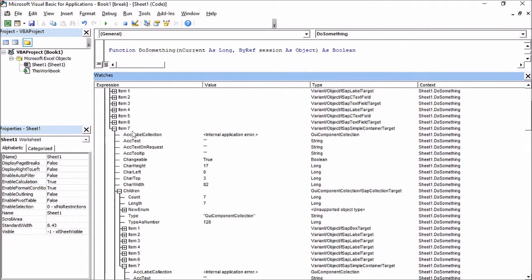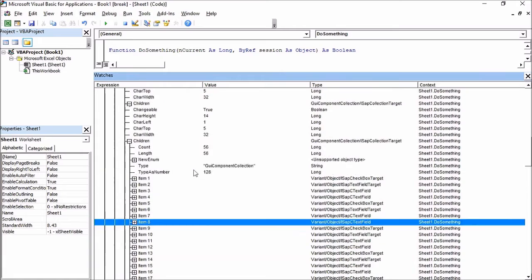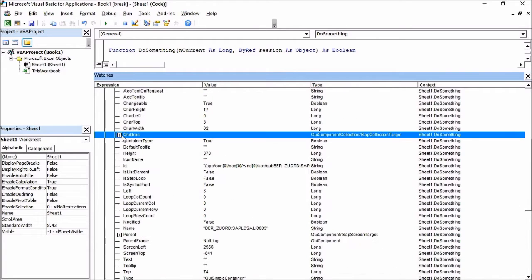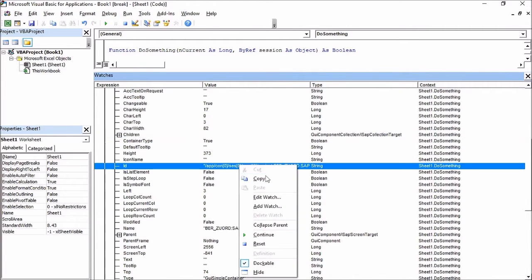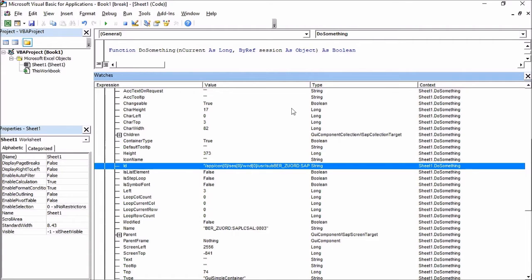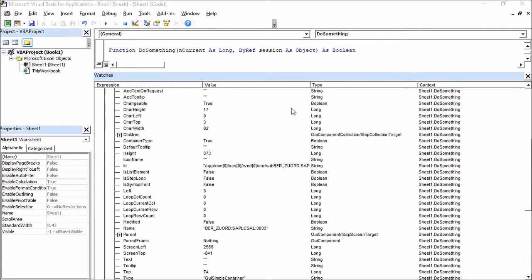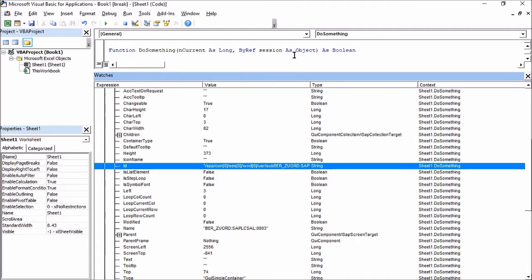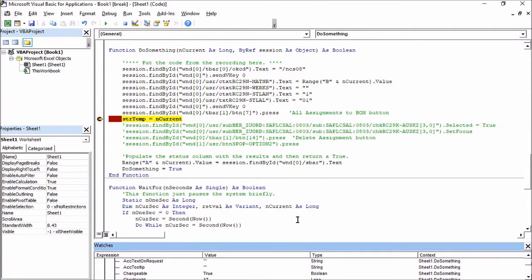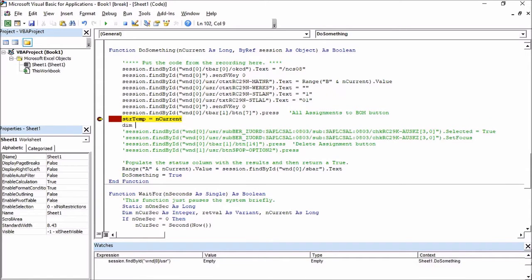First, let's get the name of this, ID, copy, and we'll go back into our VBA, and we'll say dim,